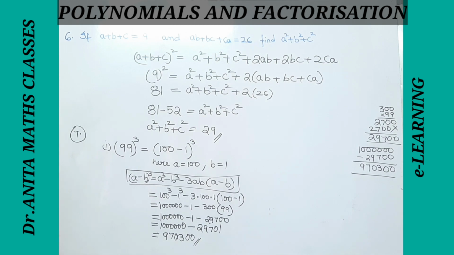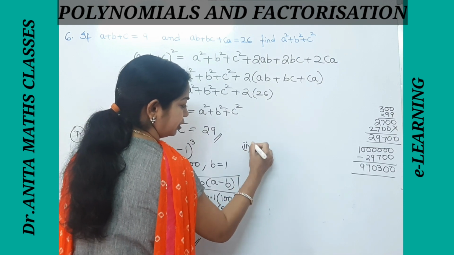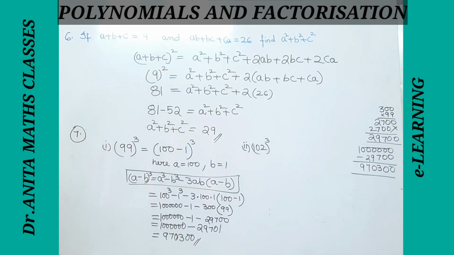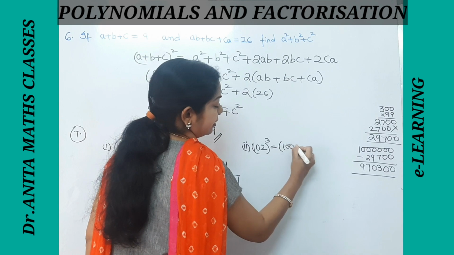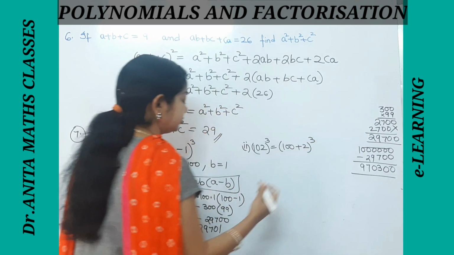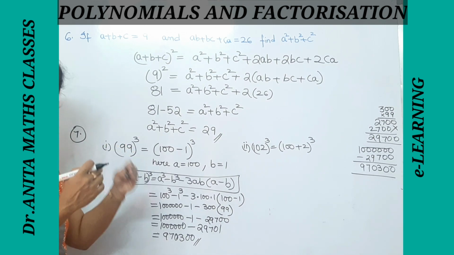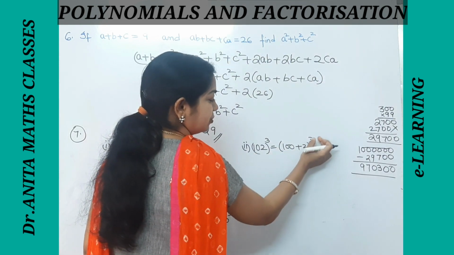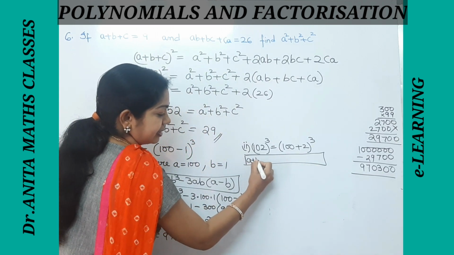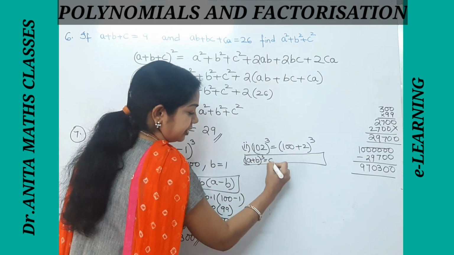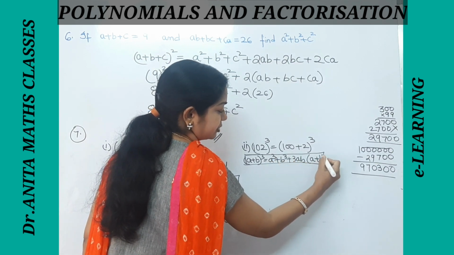Now the second problem also I'll do for you. In the same bit, the second problem is 102 whole cube. Yes, in the textbook the second problem is 102 whole cube. This we can expand using 100 plus 2. So nearing the tens digit, that you have to use. Tens digit means 10, 100, 1000. 100 plus 2 whole cube is 102 whole cube. Likewise, we can use the plus formula, a plus b whole cube, wherein we have a cube plus b cube plus 3ab(a plus b). So all are positive signs here.